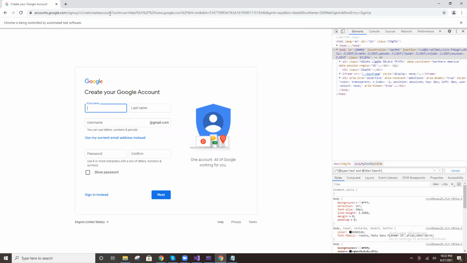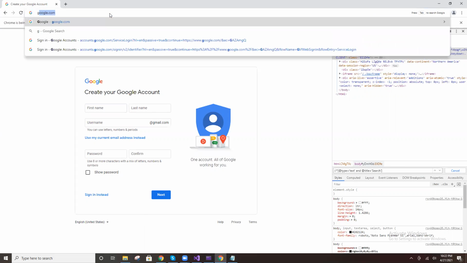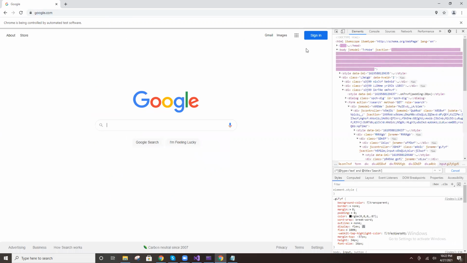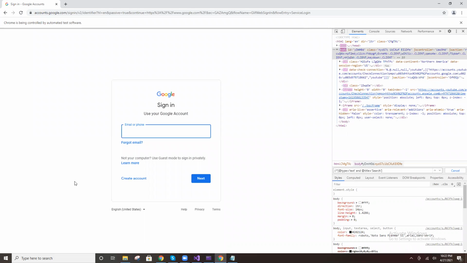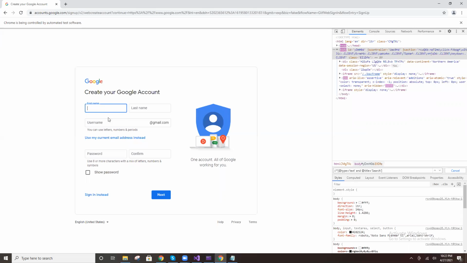Navigate to Google. Select sign in button, write XPath or anything. Again, create one more XPath for create an account, and one more XPath for myself. Enter, enter, enter. That's it.